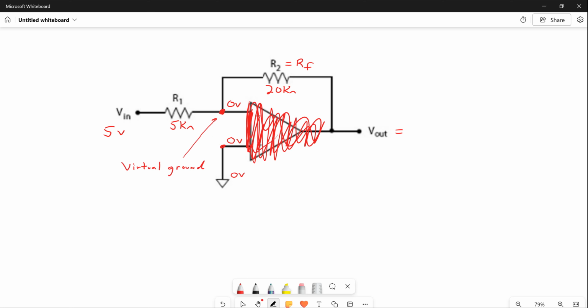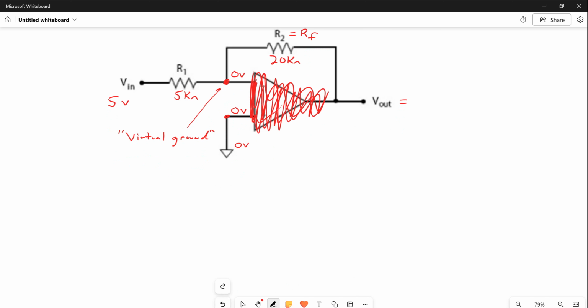It's virtually ground. It's not ground, but it's virtual ground. They call it virtual ground. So once you do that, you can go back to the actual circuit, ignoring the op amp. Let's do that. Come over here, come up here, come over here, put in your 20K, put in your 5K,